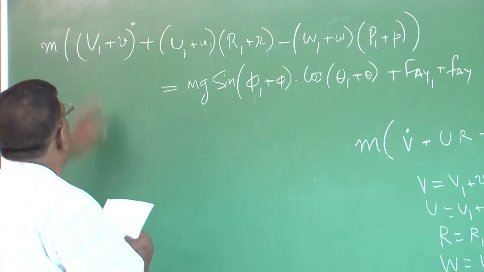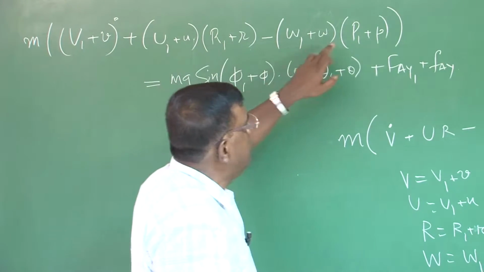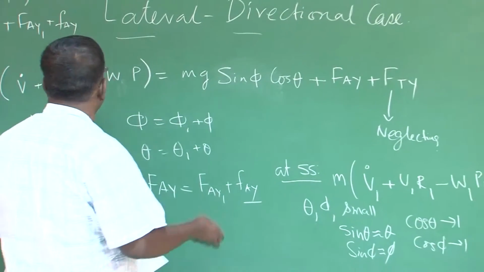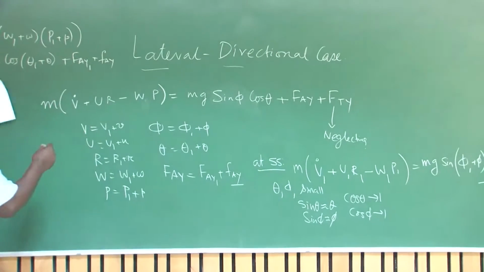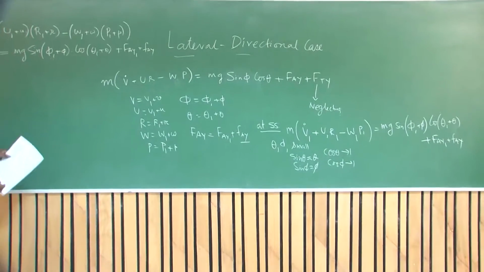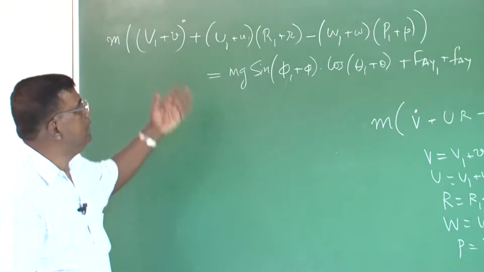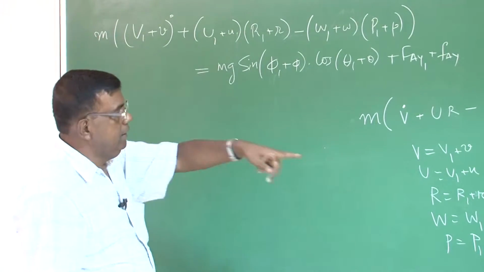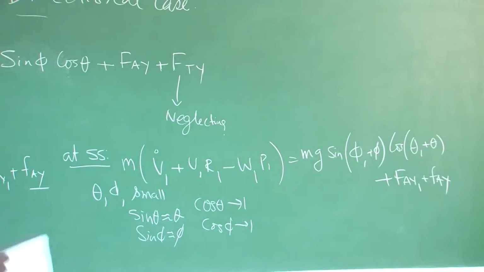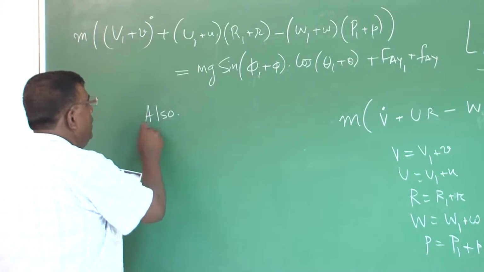M v1 dot, then u1 r1, w1 p1. Similarly, expand this sin phi as sin a plus b, cos a plus b. Expand it, put this approximation, and when you do all this, you will get an equation. So you know that as we have done for longitudinal case, you have to expand it, take out the terms because they are automatically satisfied, use this approximation, and also note, this is nothing new I am doing, also note